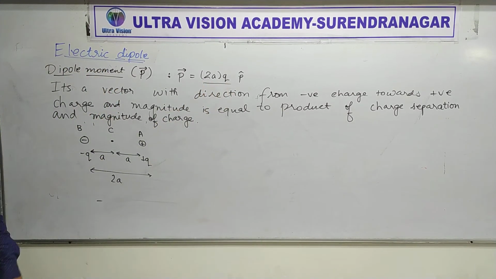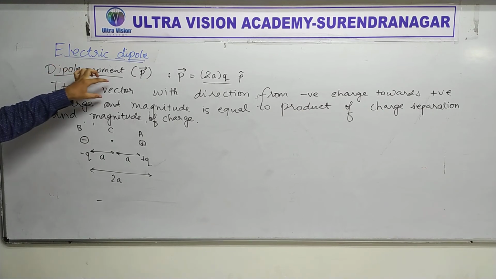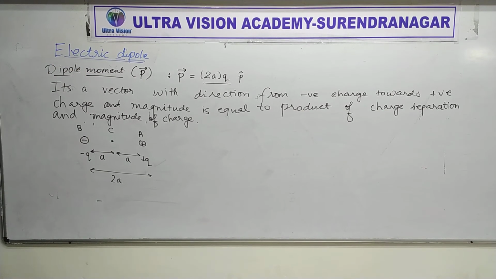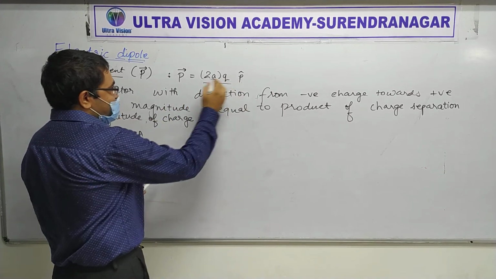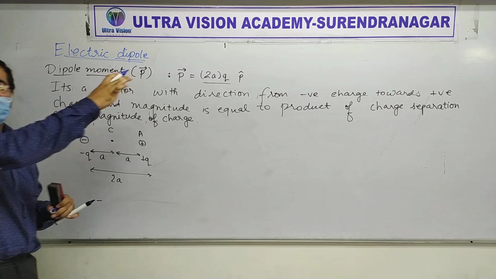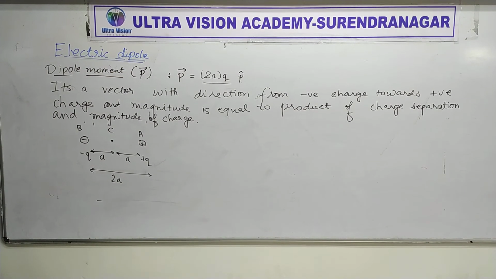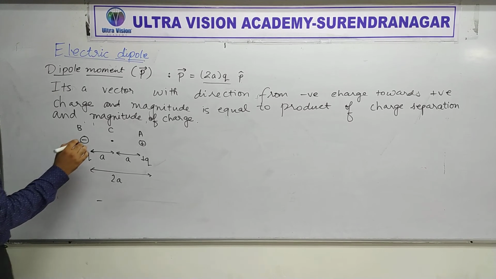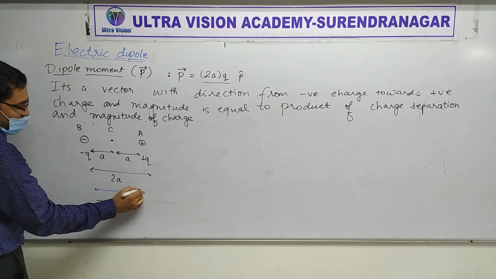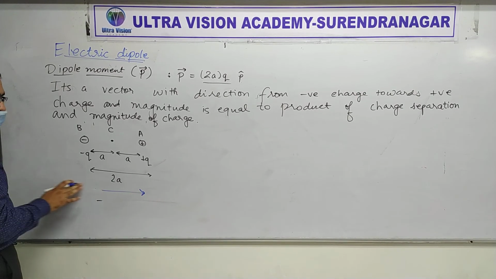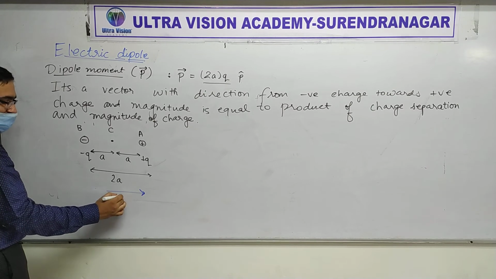So what does it say? First of all, dipole moment is a vector whose direction is from negative to positive. Okay, so in this diagram, let me indicate p hat. Actually, p hat just means unit vector in direction of the dipole moment. Do you remember hat or not? I hope you do. Okay, so dipole moment vector will be from negative to positive. Did you understand? In this direction, p hat. Clear?